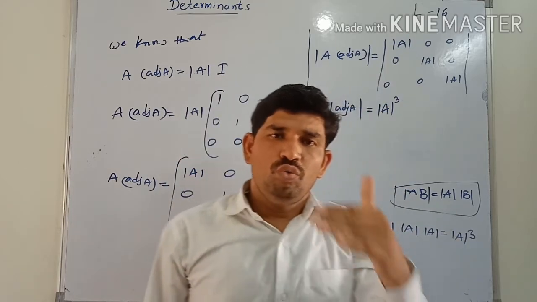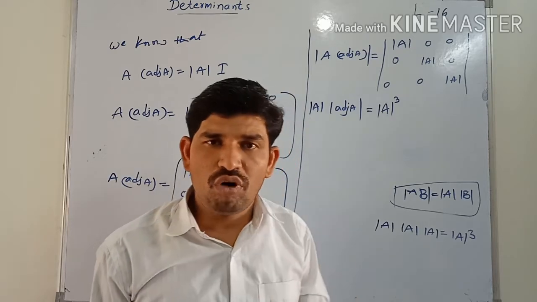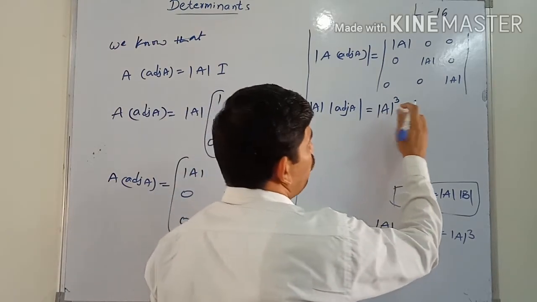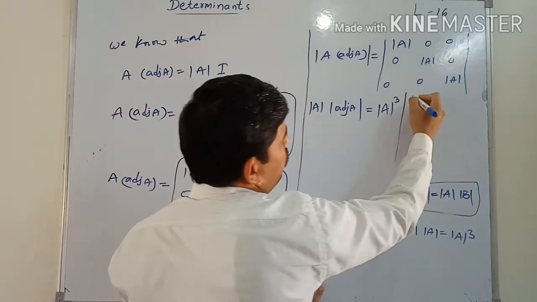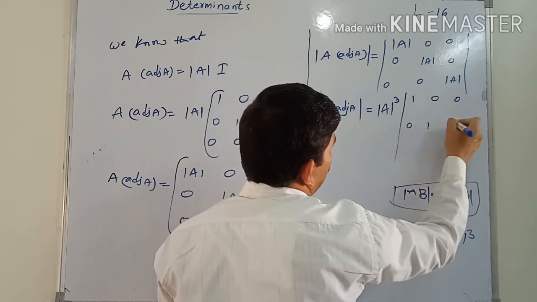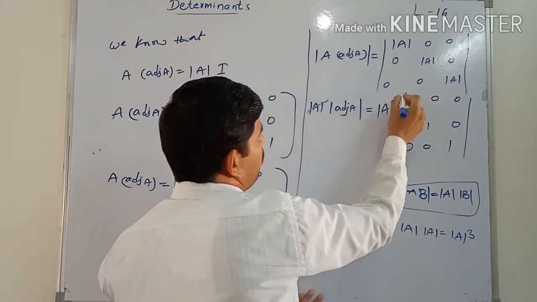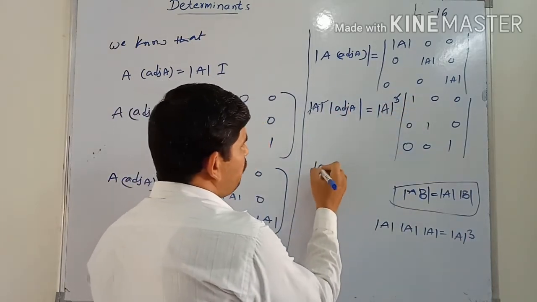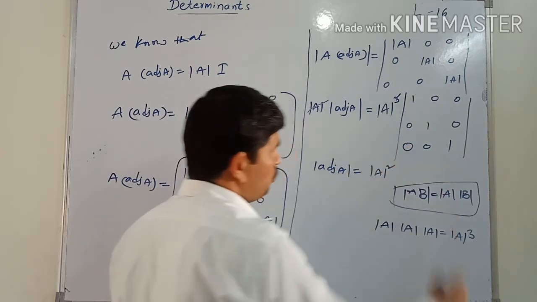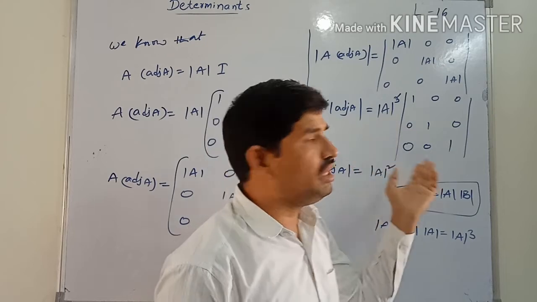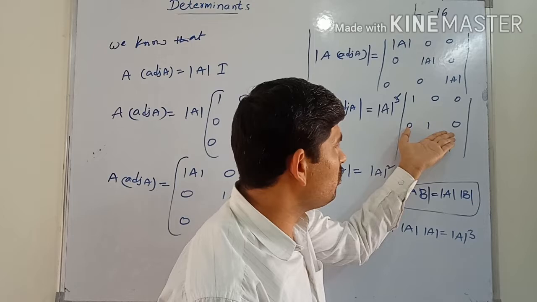Remember one thing, in this determinant we are taking common from the first row, second row, third row also. So now determinant of A whole cube into what is left in this, by taking the determinant of A outside: from the first row 1 0 0, 0 1 0, and similarly the last row also 1. Once the determinant of A here gets cancelled, then determinant of adjoint A is equal to determinant of A whole square. See, this is the identity matrix, whose determinant is always 1. So that's why the result of this one is 1.